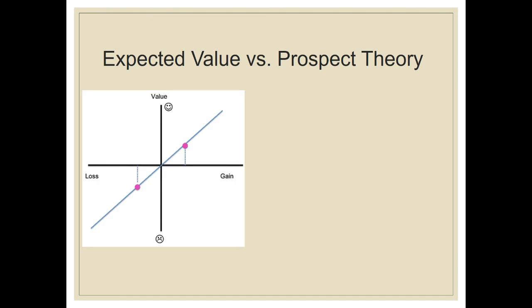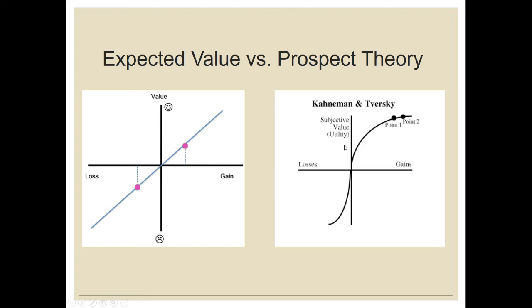So expected value theory, or expected utility theory, would argue that the more you gain, the more value there is, right? It goes up like that, and then the more you lose, the less value there is. And it's a perfect linear relationship. By linear, we just mean a straight line. As one variable goes up, the other variable also goes up, or down. If it was going down that way, it would be a negative relationship. But